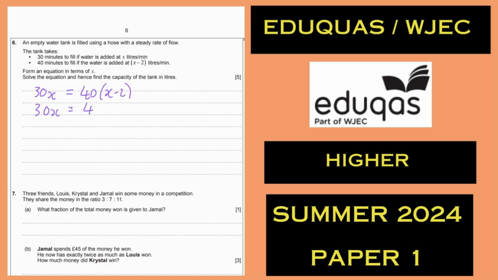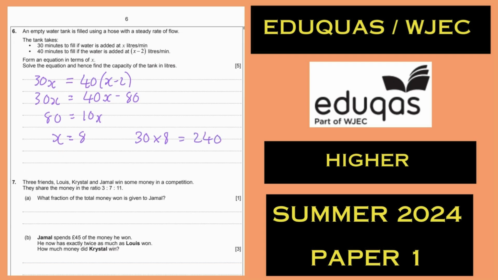Times the brackets out. 40 times x minus 2 minus 80. Adding 80 to both sides. Subtracting 30x. We get the value of x, but no celebrations just yet. We've solved it for x, hence find the capacity. The capacity is either sub your x into there, or there, same thing. And I'll just go for the easiest. That 30 times 8 is